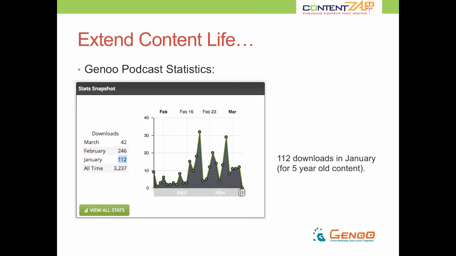So media platforms help you extend your content life. You do not know the reach that you'll get with those, and it lasts for years. On social networks like Facebook or LinkedIn, your content lasts for minutes, right? You post something out there, people see it. It might be minutes or days at the most, and then it's gone, and it's out of everybody's head. But out on social media platforms like YouTube and SoundCloud and Scribd, this content is there forever for people to